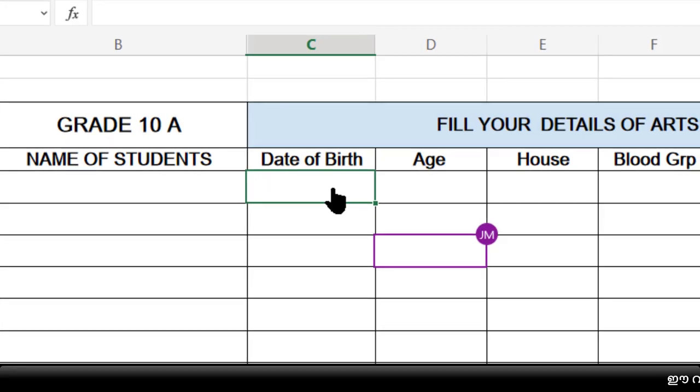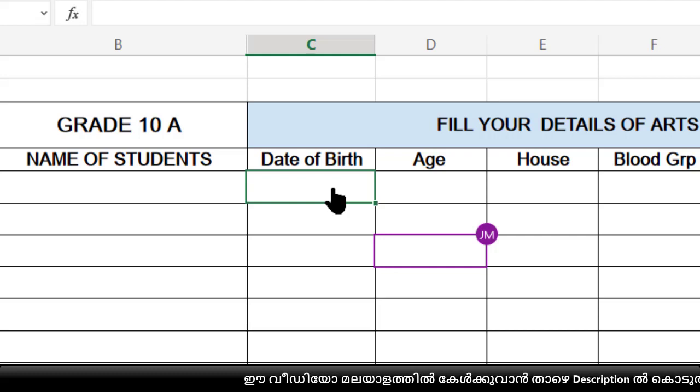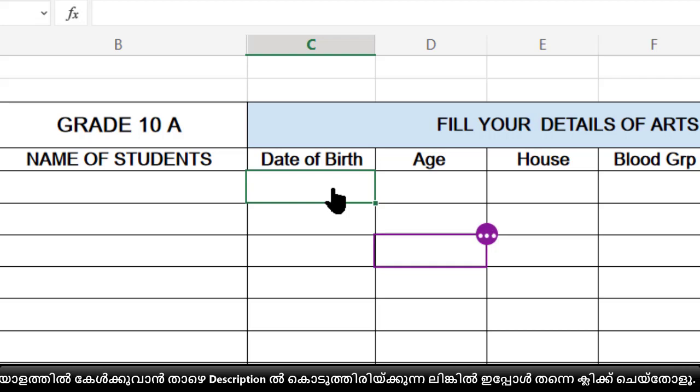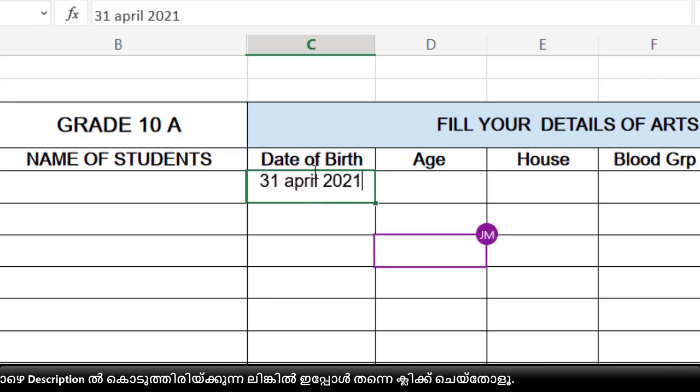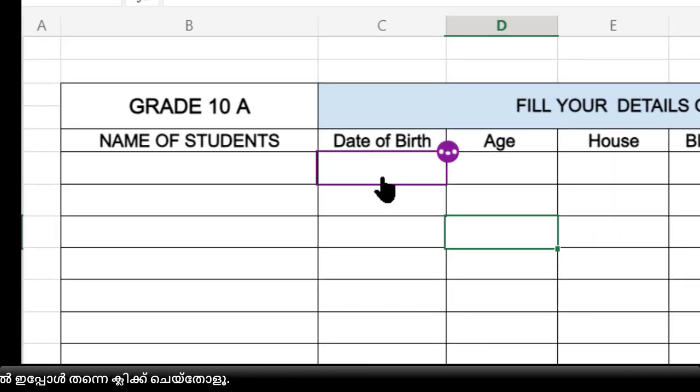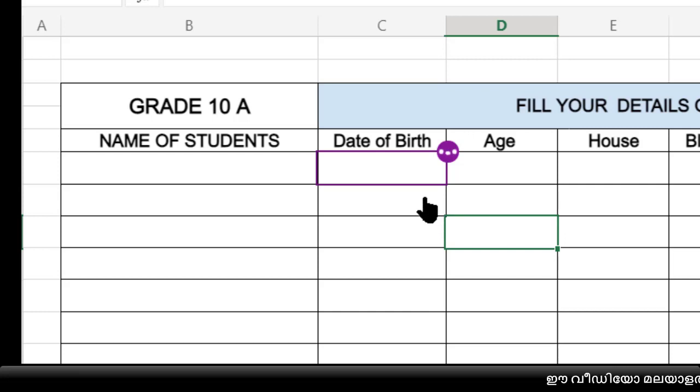That person is going to enter something in the cell. What will happen? I will show you that the guest is trying to enter in the same sheet. Okay, this is date of birth, and he is typing that date of birth. See, that guest is typing something in the cell. At that time, I can see one circle with dancing dots here. Okay, that means someone is trying to type in this cell.